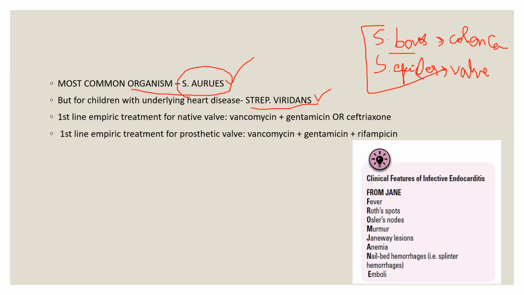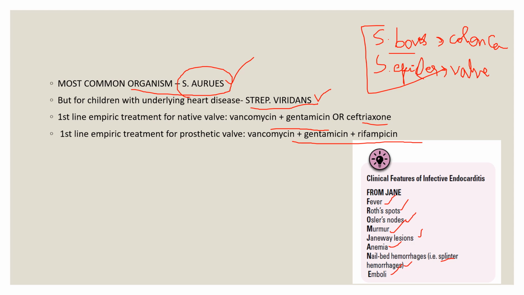First line empirical treatment for native valve is vancomycin plus gentamicin or ceftriaxone. First line for prosthetic valve is vancomycin plus gentamicin plus rifampicin. Clinical features are fever, Roth spots, there are Osler's nodes, there can be murmur, Janeway lesions, anemia, nail bed hemorrhages, which are called splinter hemorrhages, and